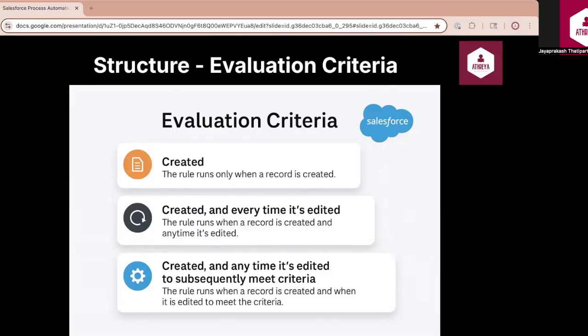The second option, created and every time it is edited, will evaluate every time a record is created and every time it is edited, regardless of whether the criteria were previously true. Use this when you want the rule to fire repeatedly, including when updates are made. For example, if a candidate's status changes to interview scheduled from any previous status, generate a task for the recruiter. Remember that this can be over-triggered if not managed carefully, especially if multiple edits occur during record